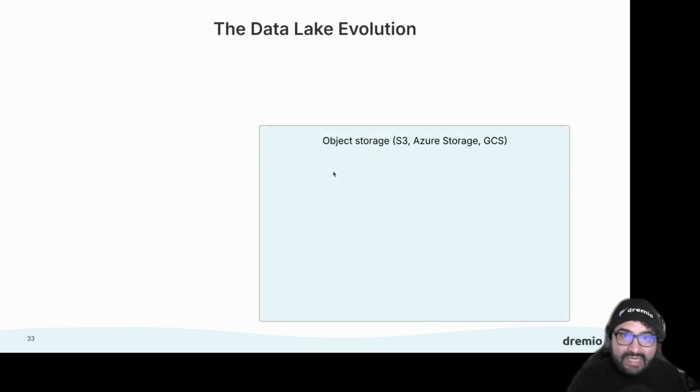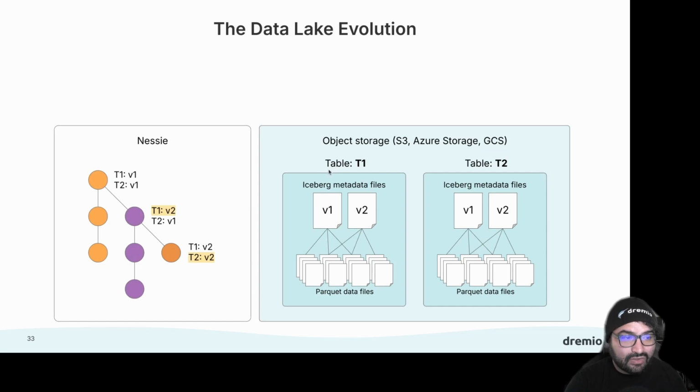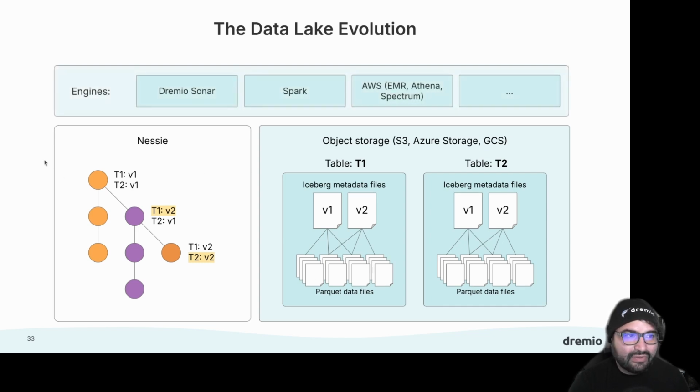What makes Nessie particularly unique is it enables versioning at the catalog level. So not versioning a single table, but the ability to version the state of the entire catalog, and to be able to branch and merge that in the same way you could with Git. So you get those Git-like semantics and can work with your data in the same way you work with Git code, but at the catalog level, which is pretty useful because you can just create a branch as a zero-copy clone of your data to allow for experimentation without having to duplicate your data.